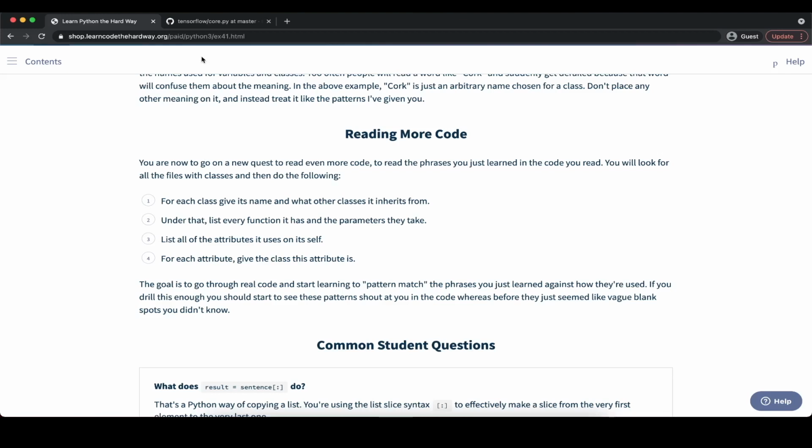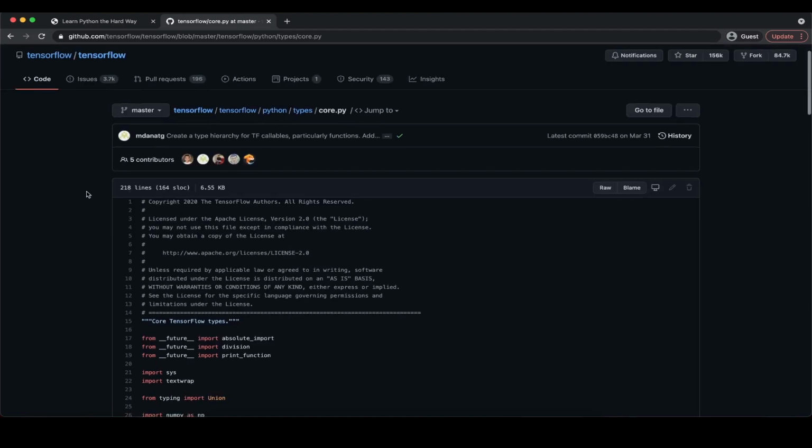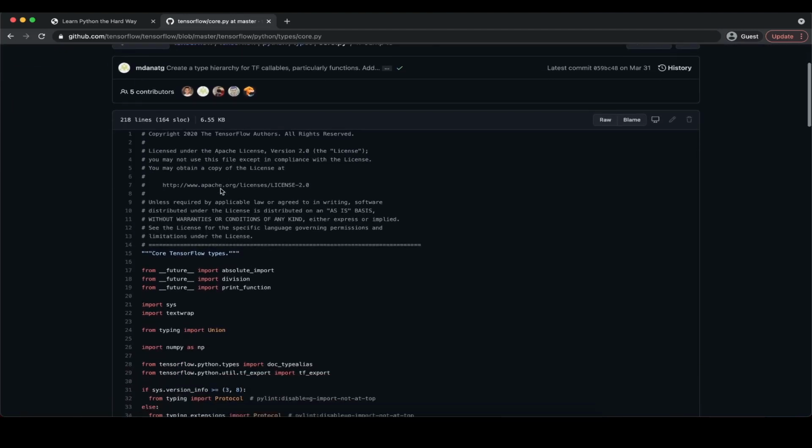Alright, so to do that we could, for example, switch over to GitHub and just take a look at any code. For example, I searched for Python here, and then I selected the top listed repository, which is TensorFlow in this case. And here we have an example of a file in there called core.py.